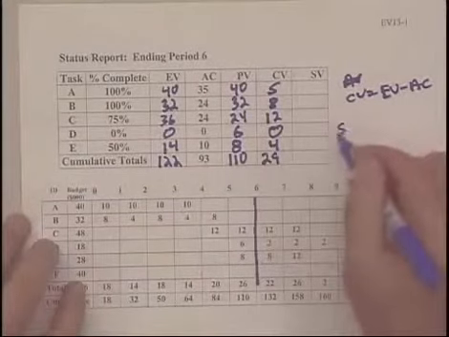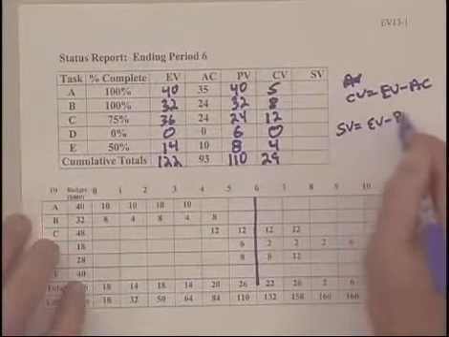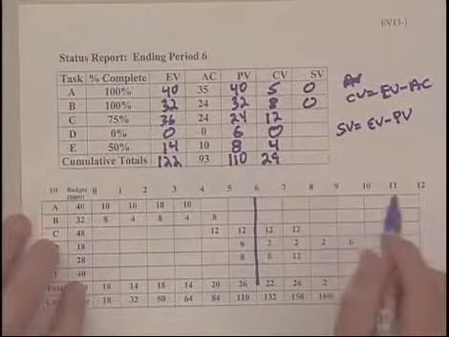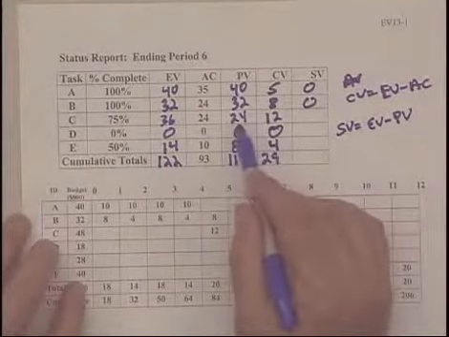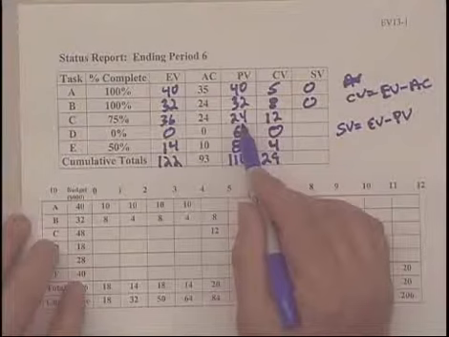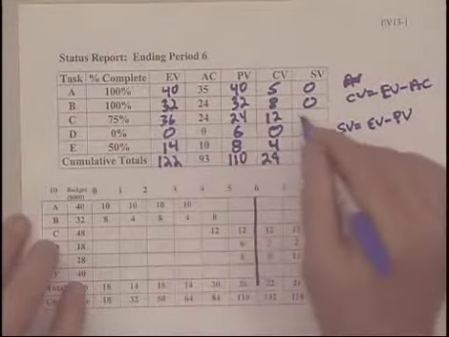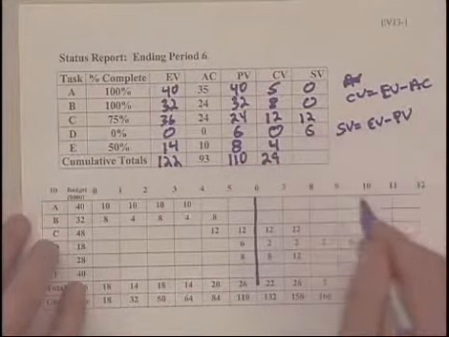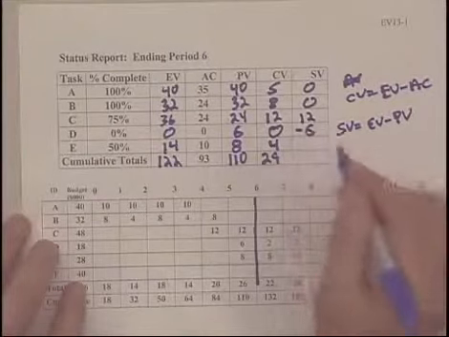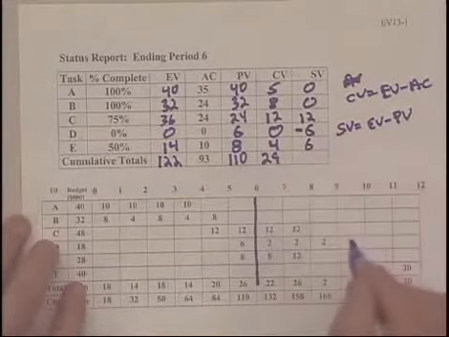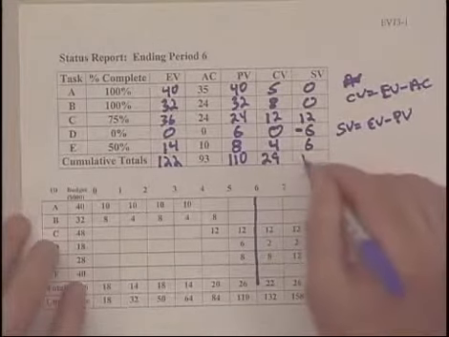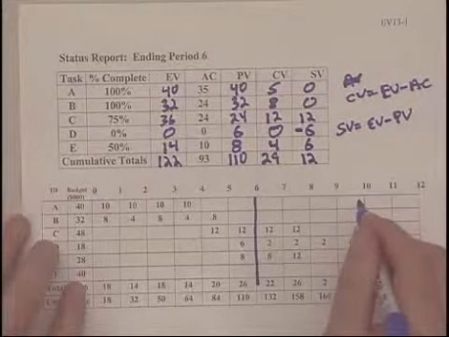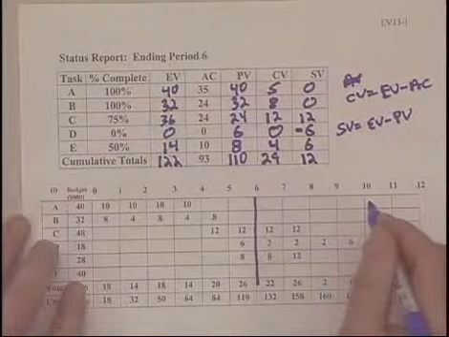Now, we do the schedule variance, earned value minus planned value, 0 and 0. A and B were supposed to be done. They are done. $24,000 worth of work on C was supposed to be done at this time period. We're ahead of schedule by 12. But we're behind on D. $6,000 worth of work on D was supposed to be done. None's been done. Gonna put that minus sign in there. And then finally, we're $6,000 ahead on activity E. And we add those up, and we have a positive schedule variance. There's $12,000 worth of work that was supposed to be done that hasn't been done at the end of the